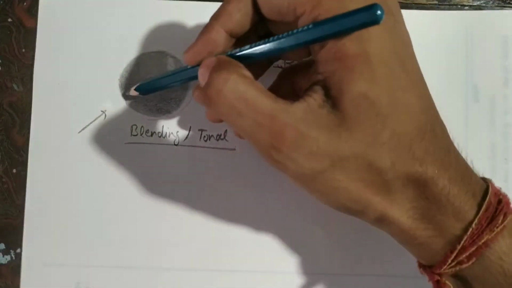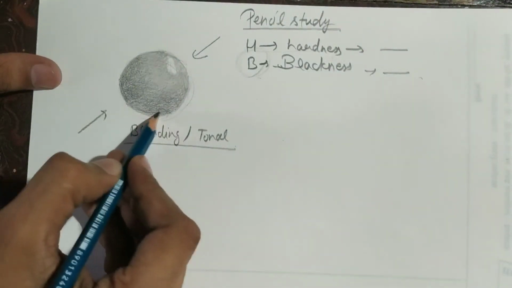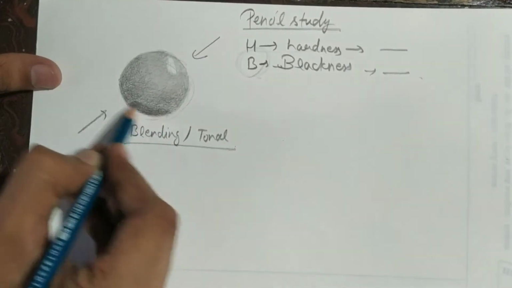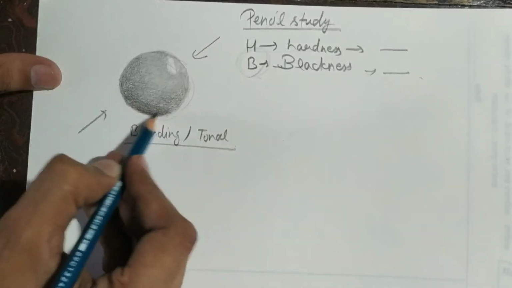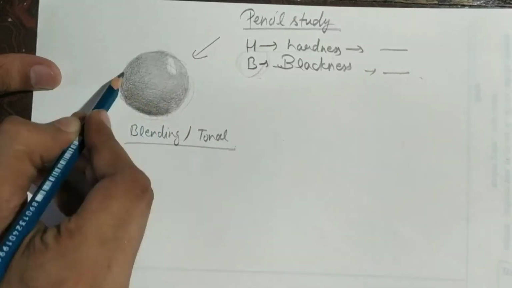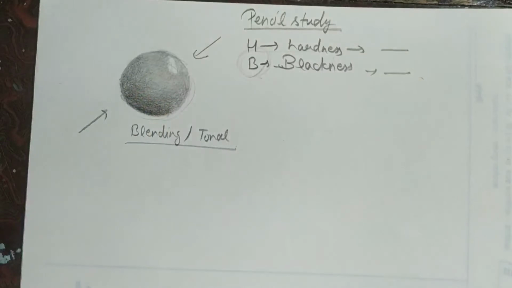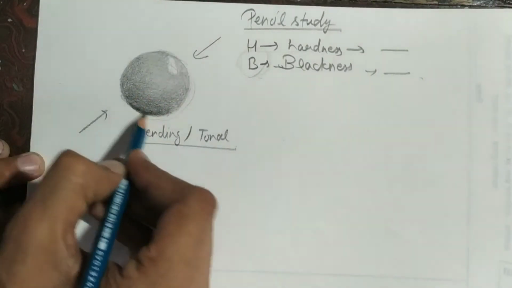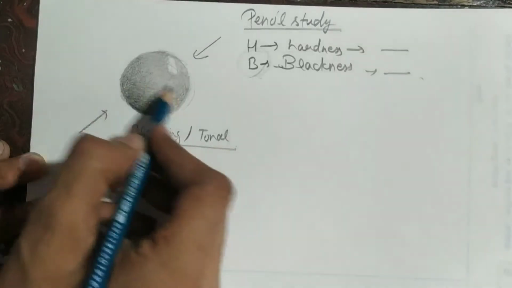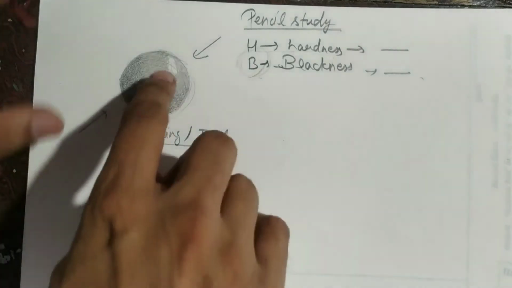You can apply more dark area. Like if we are giving more and more details, we apply more dark area. It depends upon the quality of drawing. Like if you want to give the best quality, you can apply more layers of shades. Okay, like if I am giving it more dark shades, so this is the way to provide the best shading in blending. Okay, so this is very important to study.